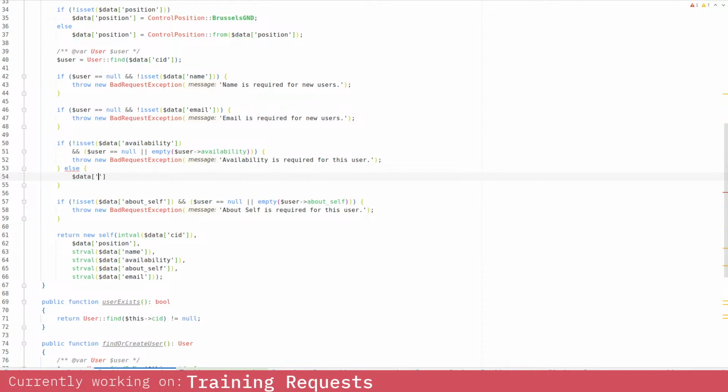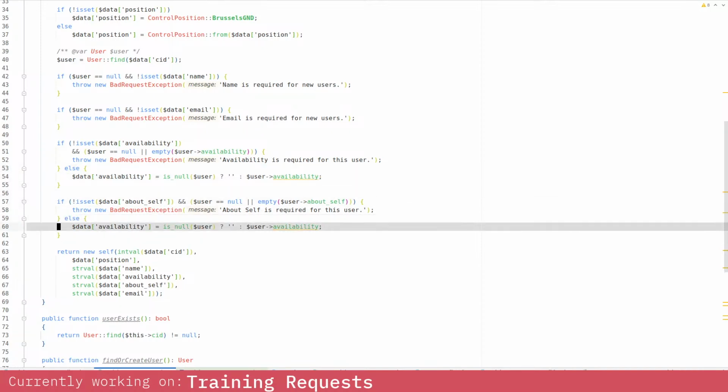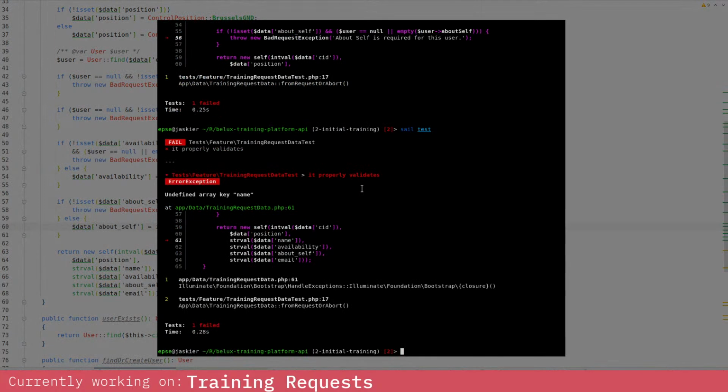I'll just go data availability is equal to is null. User, if it is null, then it's just going to be an empty string, else it's going to be equal to user availability. Oh, it now knows nothing about this. Wonderful. Here, availability slash about self. Okay. There we go. And now if I go into my test, run it,